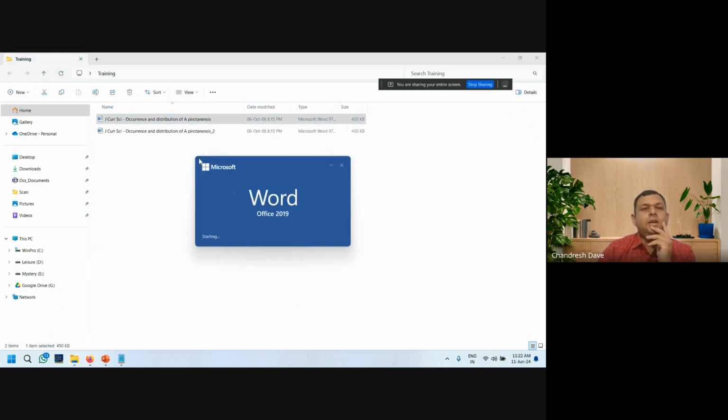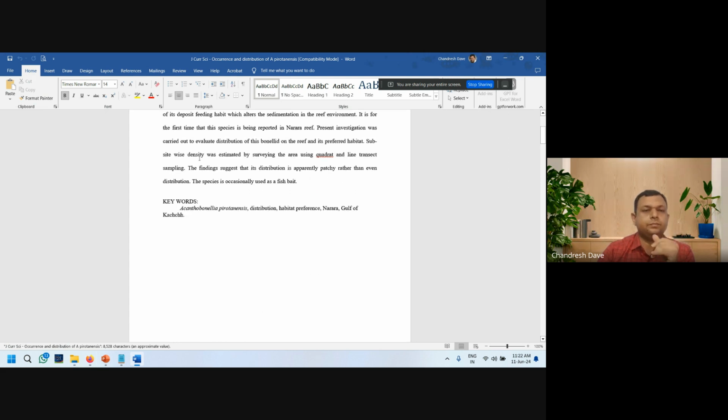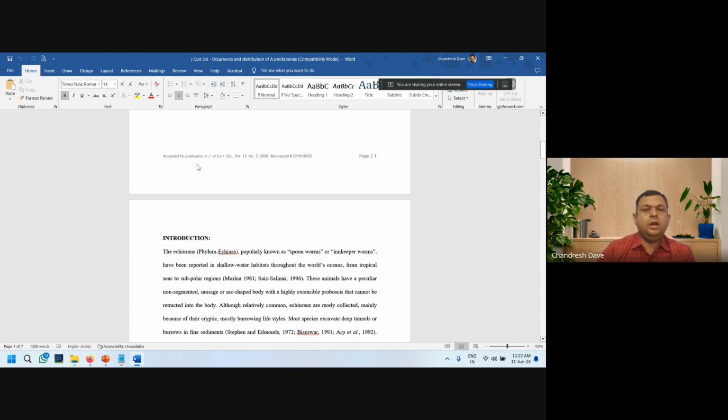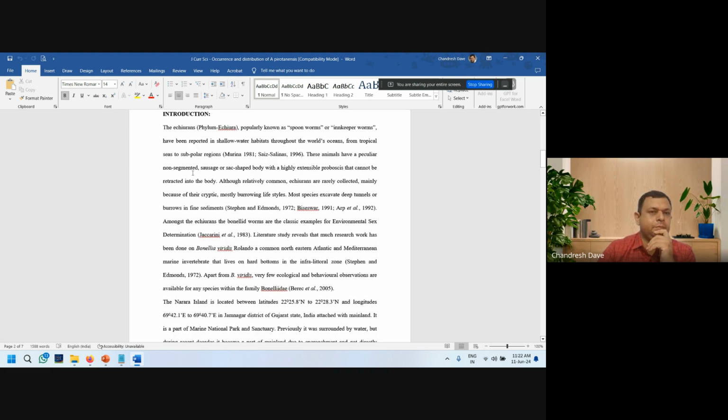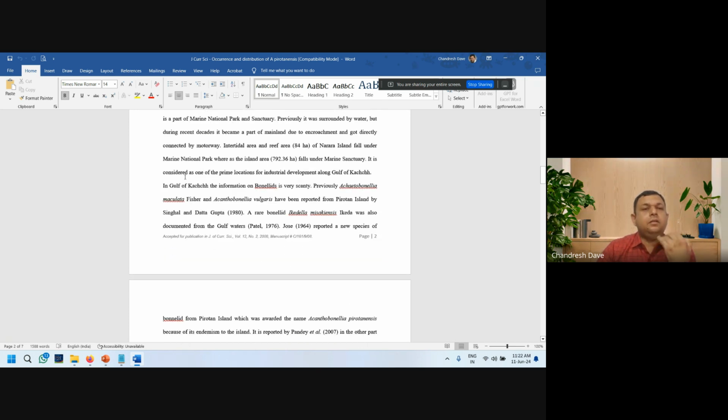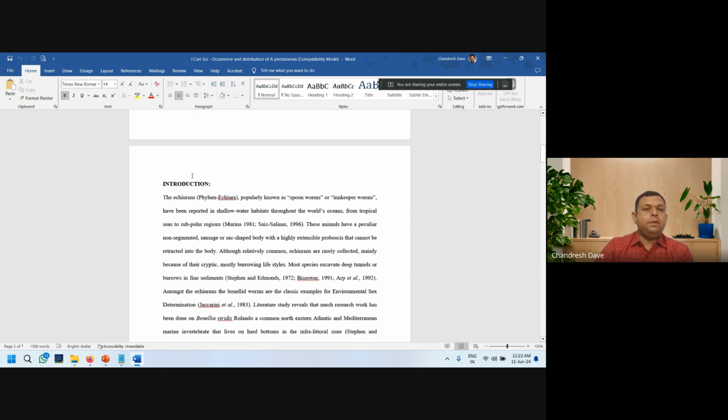For example, let me show one of my manuscripts. So this is a manuscript I submitted to a journal, and it has already been published as a research paper. But for training purpose and for demonstration purpose, I'm using this. Okay. Suppose this is my thesis. In a thesis, there are different sections, like an index is there. We are using graphs, figures, right?